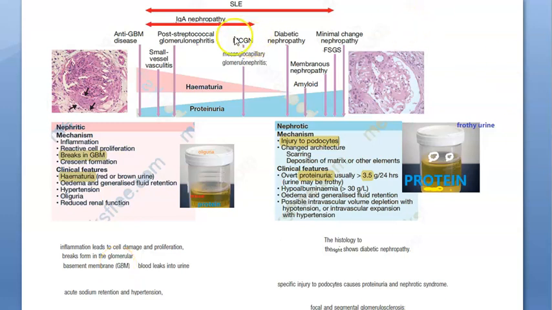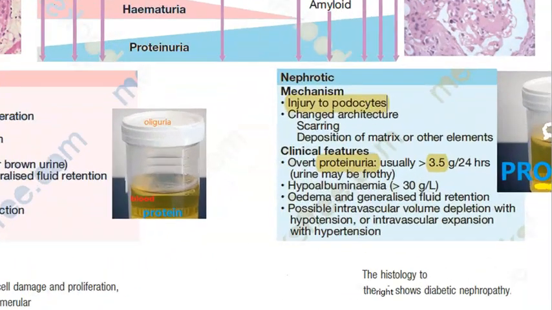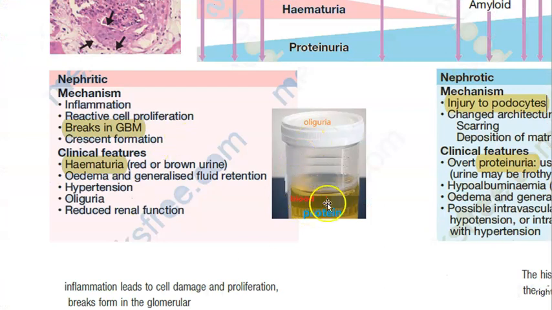Hello people, in this video we want to understand the difference between nephritic and nephrotic syndrome. Nephritic is the one you're seeing in the first bottle. What do you see in the first bottle, people? Here you're seeing that there is oliguria, less urine, right? Oliguria, there is blood in the urine and there is some protein in the urine, okay? So basically there is oliguria, there is reduced renal function, and in the little urine that is there, there is blood and there is protein. So this is nephritic syndrome.